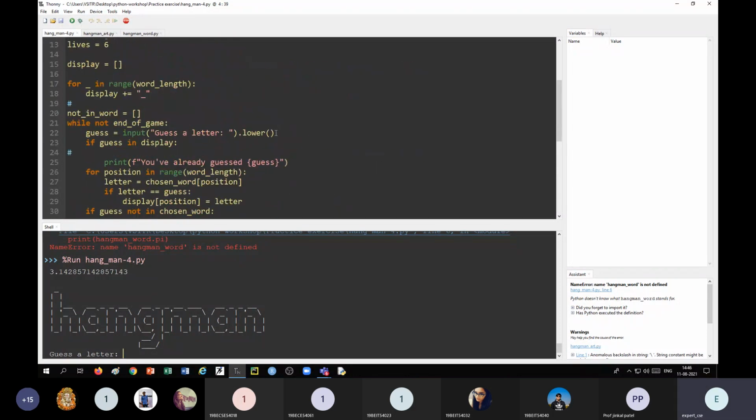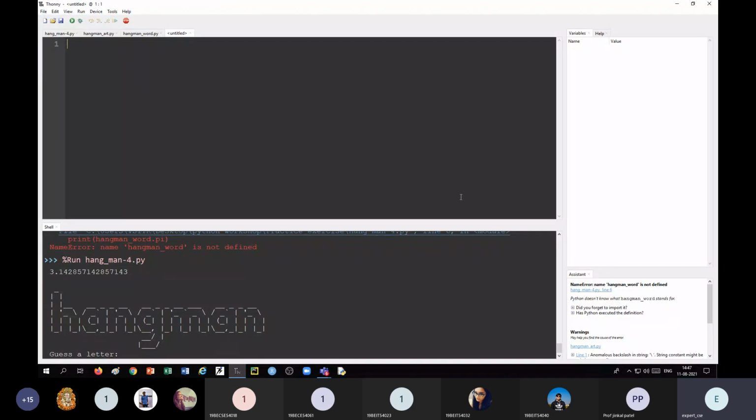Now let us go to functions with parameter. The next topic we are going to discuss is functions with parameter. Up to now we have seen functions with no parameter.